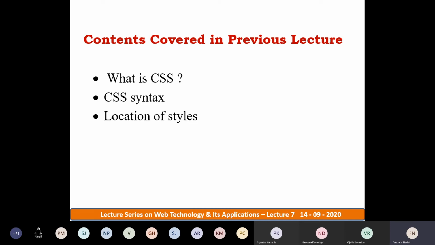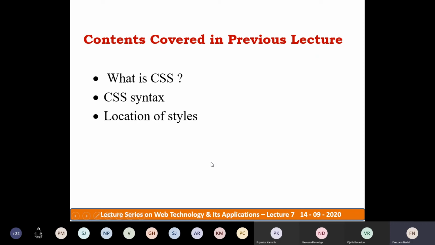For an external style sheet, you need to define a file with the .css extension externally, and you have to include it in a web document. So CSS has to be defined separately as an external file. Then that CSS file has to be embedded within the HTML page under the head section.